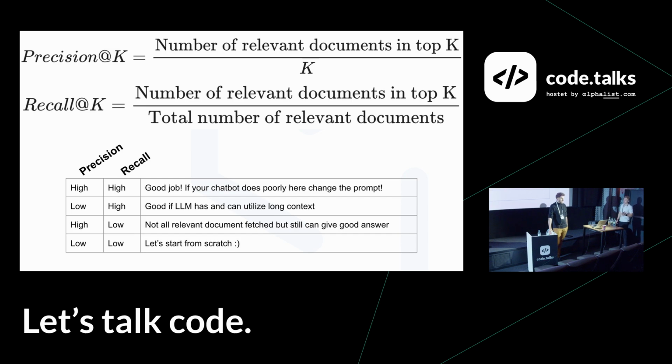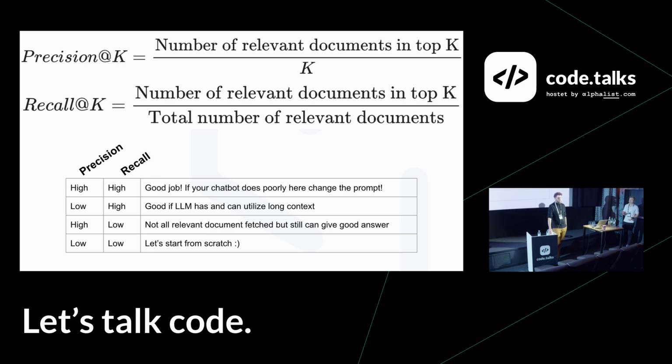If the precision is low and the recall is high, it means that you have all of the relevant documents, but apart from them you might also have some other unimportant documents. It can still work if the LLM can utilize long context, but you may pay much more for those unimportant documents you are feeding into the context window. On the other hand, if precision is high and the recall is low,